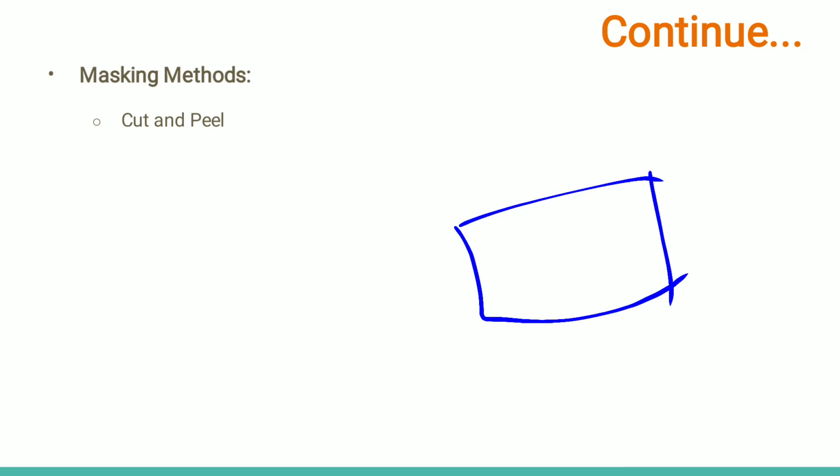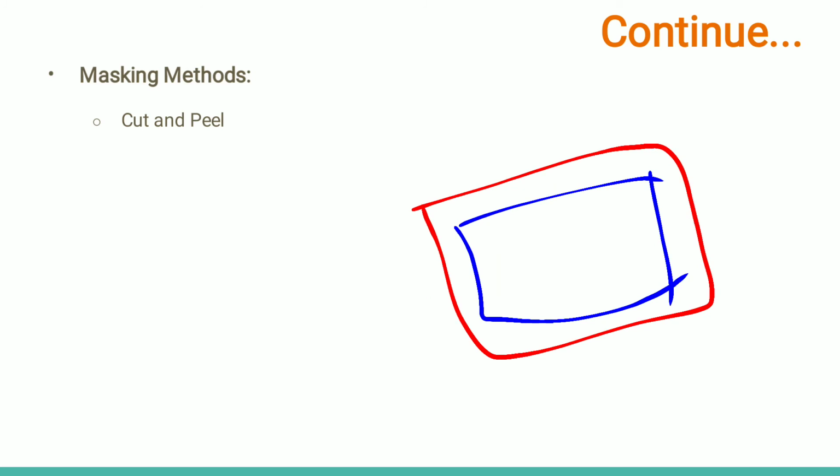Last slide is the masking method. There are three types of methods, the first is cut and peel. In this method, if this is a surface, over that we have coated a rubber coat, or sprayed some neoprene. If we have to remove this cylinder part from it, we use a hollow pattern of whatever the diameter is. So that hollow pattern we are using over here, and because of that, this much amount of material from the neoprene has been removed.